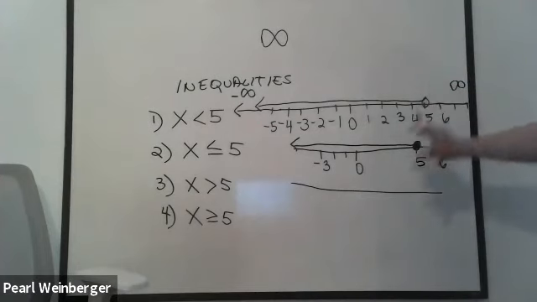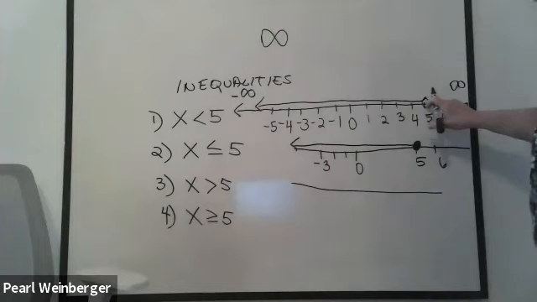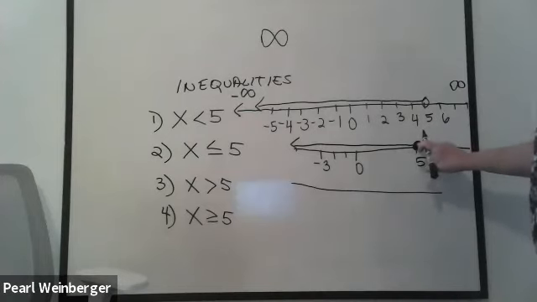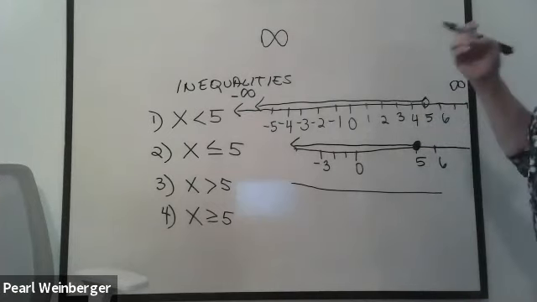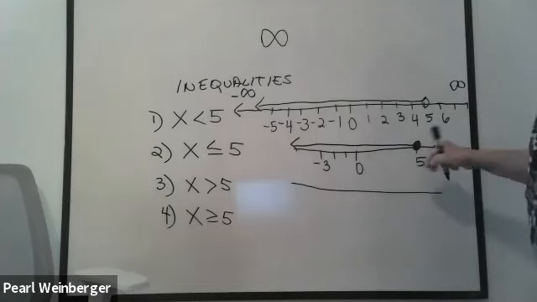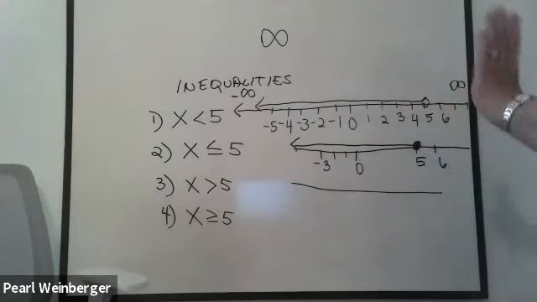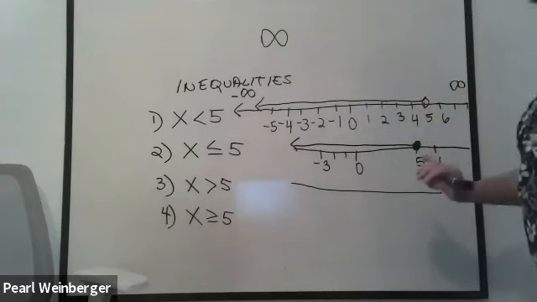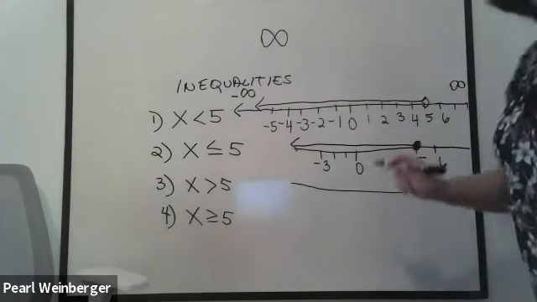Now, if you look at the difference between the first one and the second one, the only difference was that here was an open circle and here was a closed, filled-in circle. With the open circle, what it's indicating is that the 5 is not included. And with a closed circle, it means 5 is included. I'm going to show you, not today, another way this sometimes is written, because sometimes on a test they write it a little bit differently. Is that clearer?